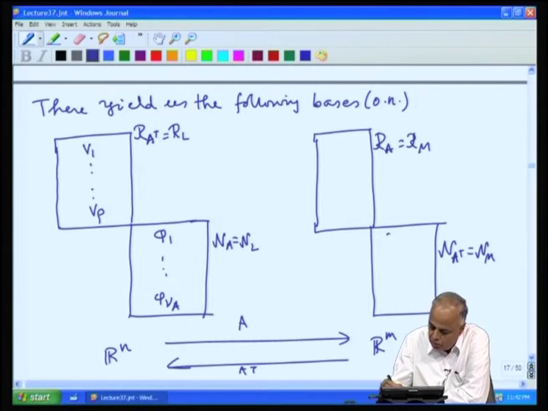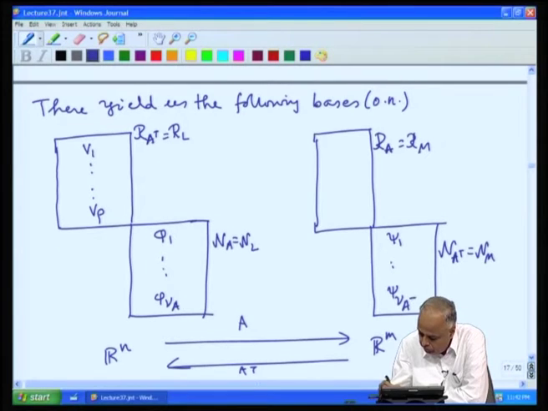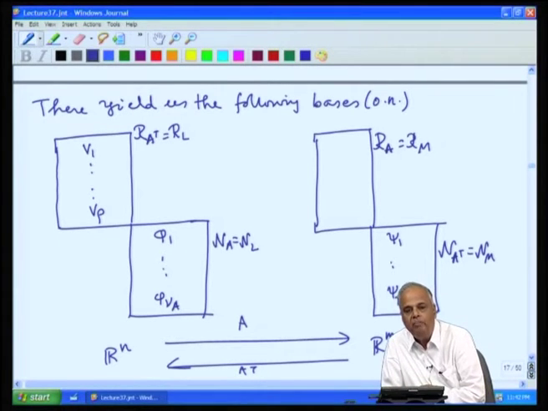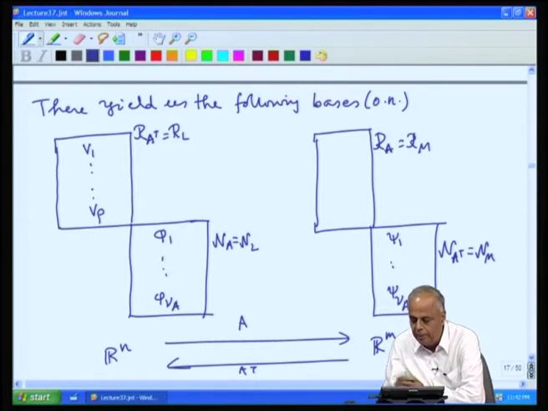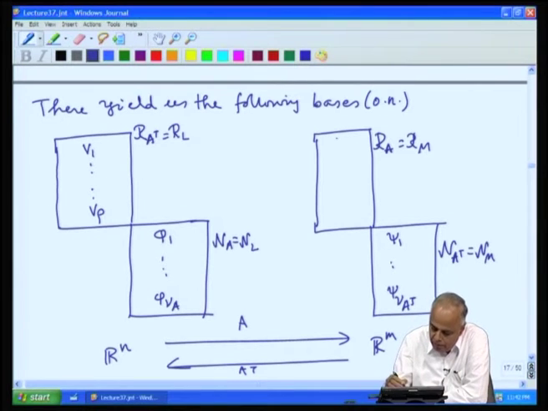Then we got the basis here, and these came from the orthonormal eigenvectors corresponding to the eigenvalue 0 of the matrix M. Then we got the basis here, u1, u2, up to u rho, with